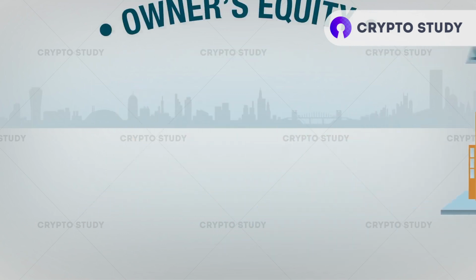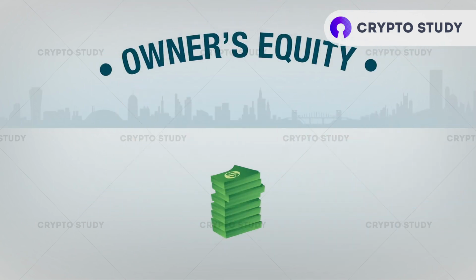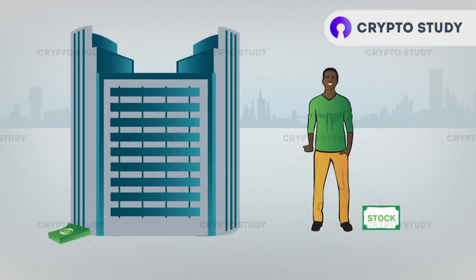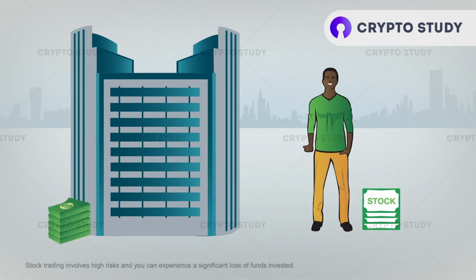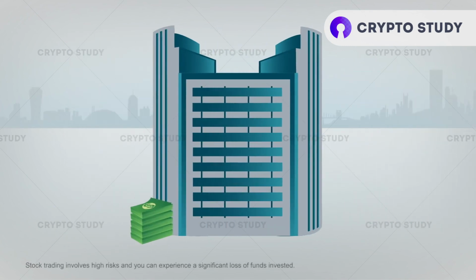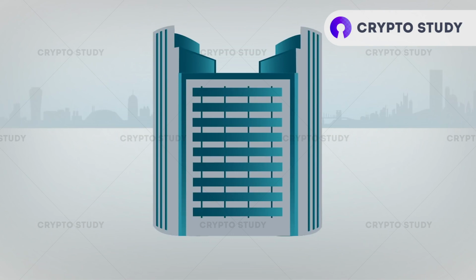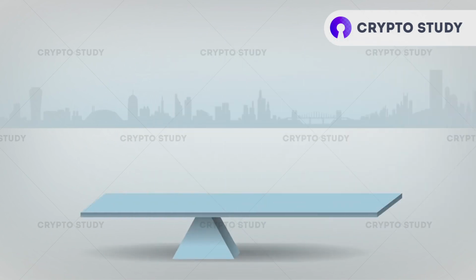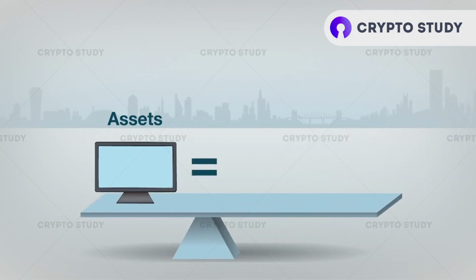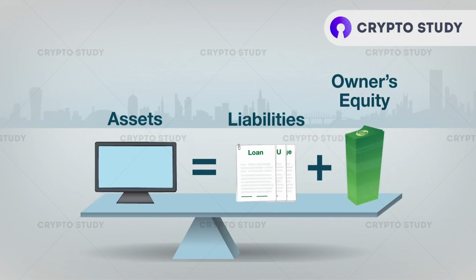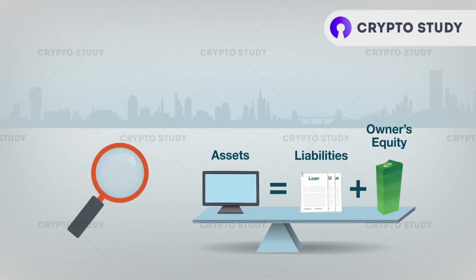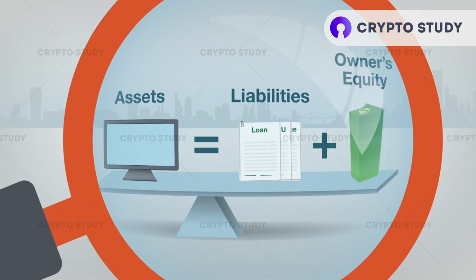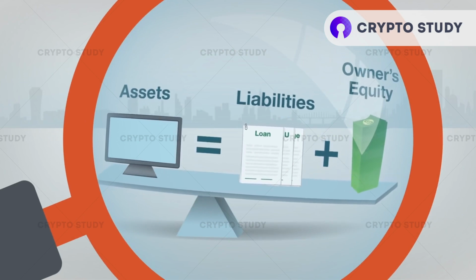The third term of a balance sheet is capital, or owner's equity, which is the amount of assets raised by issuing stock. For example, when a company issues stock either in its initial public offering or in a secondary offering, it raises money or capital that can be used to fund various business expenses. Balance is achieved when the value of the assets are equal to liabilities and owner's equity. The balance sheet helps you see how a company raises money for its assets and can help you determine if